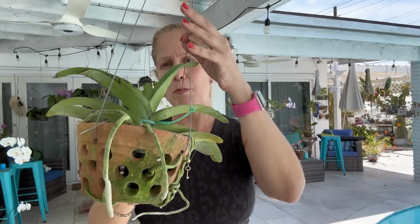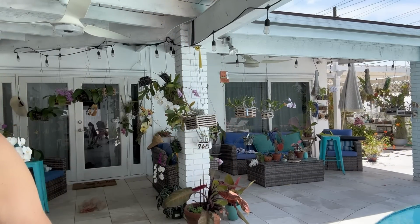So this one was for me, and it was on sale. It was only $20. So beautiful Vanda, fragrance, on sale, and pot, $20. That's a great deal. So then after that, actually before that, because I went before to Soroa,